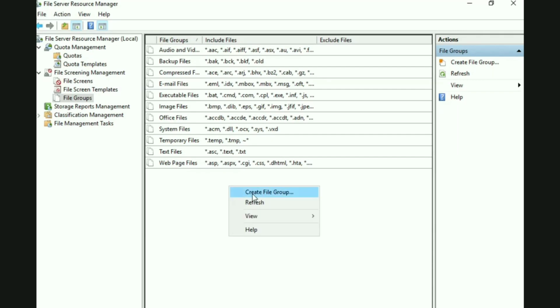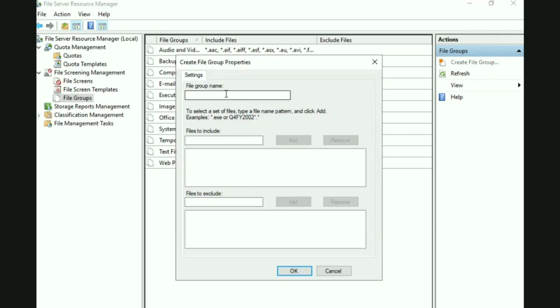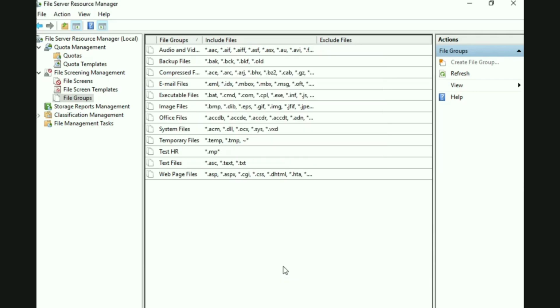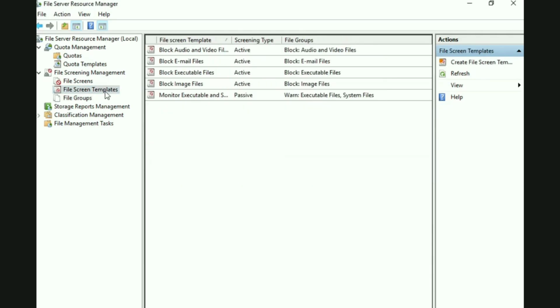Now in one folder which I have created, I don't want anyone to add mp3 files or any torrent download files into that. So I can create this, star.mp3, add, and if it's a document or a Word file, you can add it over there. In screen template here also